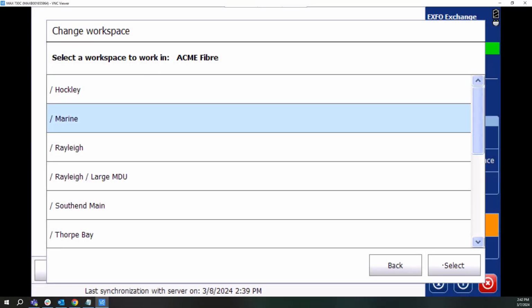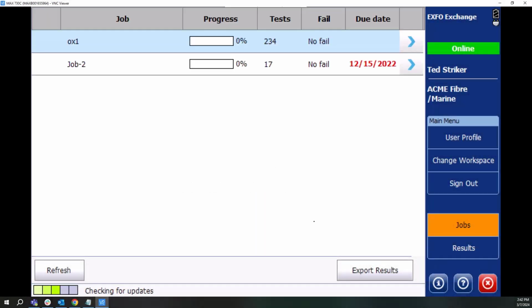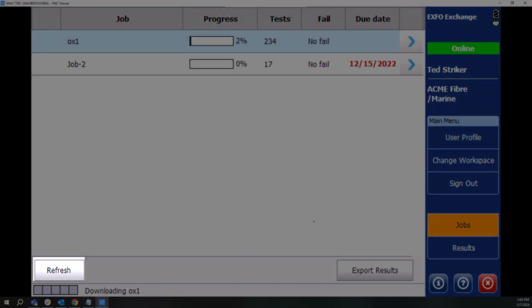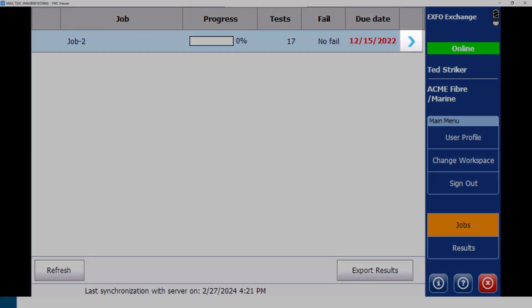Confirm the workspace by tapping the Select button. The jobs linked to the workspace will now load. You can also press the Refresh button to fetch the latest jobs. Once you see the job you want to execute, tap on the blue arrow to navigate to the test point